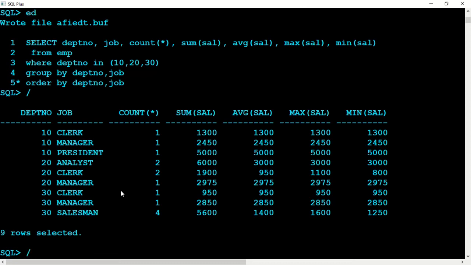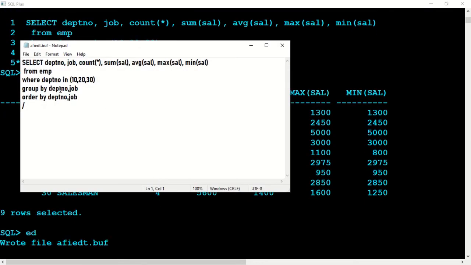So we'll say we are interested in all the groups whose count star is greater than or equal to 2, or say less than equal to 2. So if we are interested in this and this, then we say greater than equal to 2. Okay, so we'll say ed, and after the group has been formed, after the group has been created, we'll say filter. That means filter which one? Having.